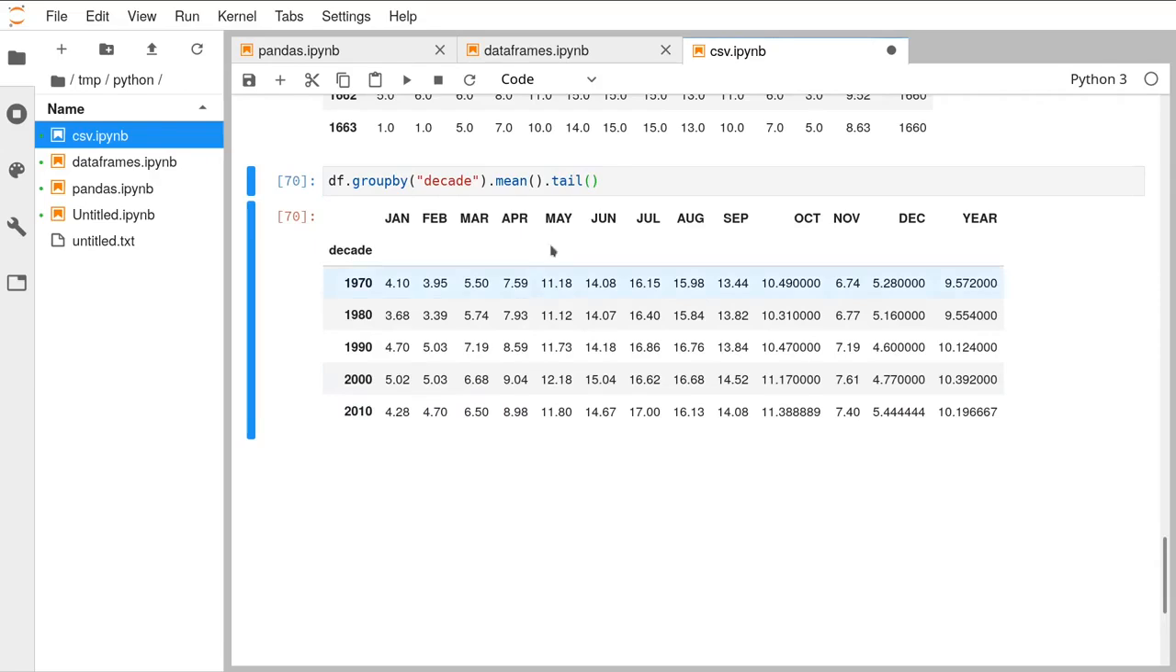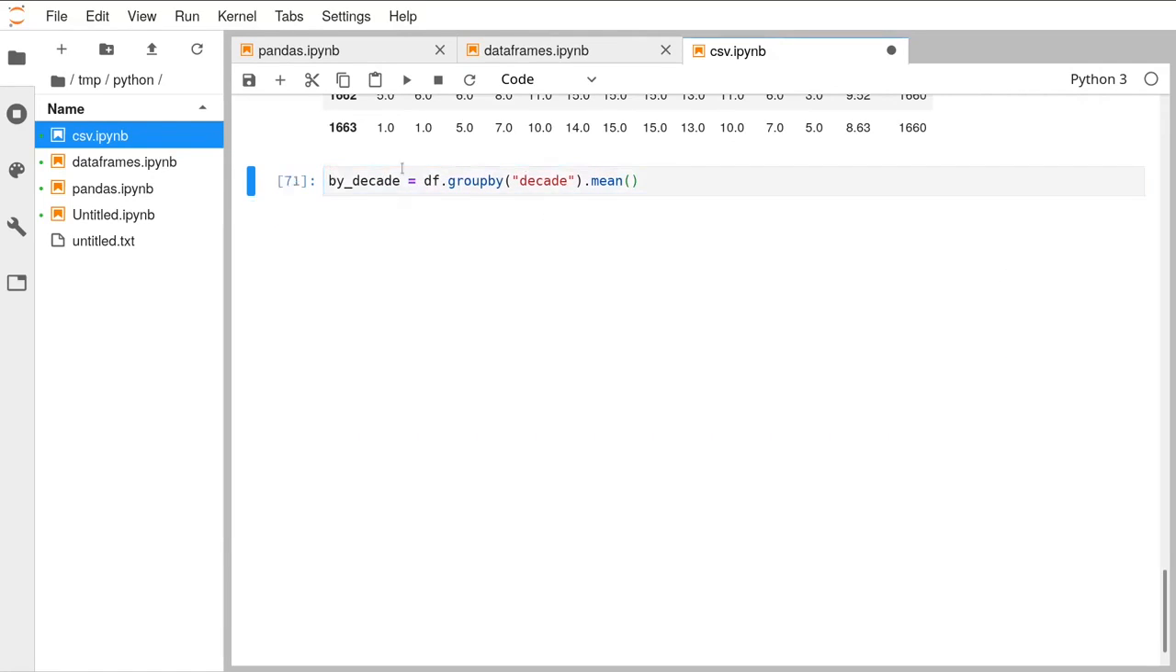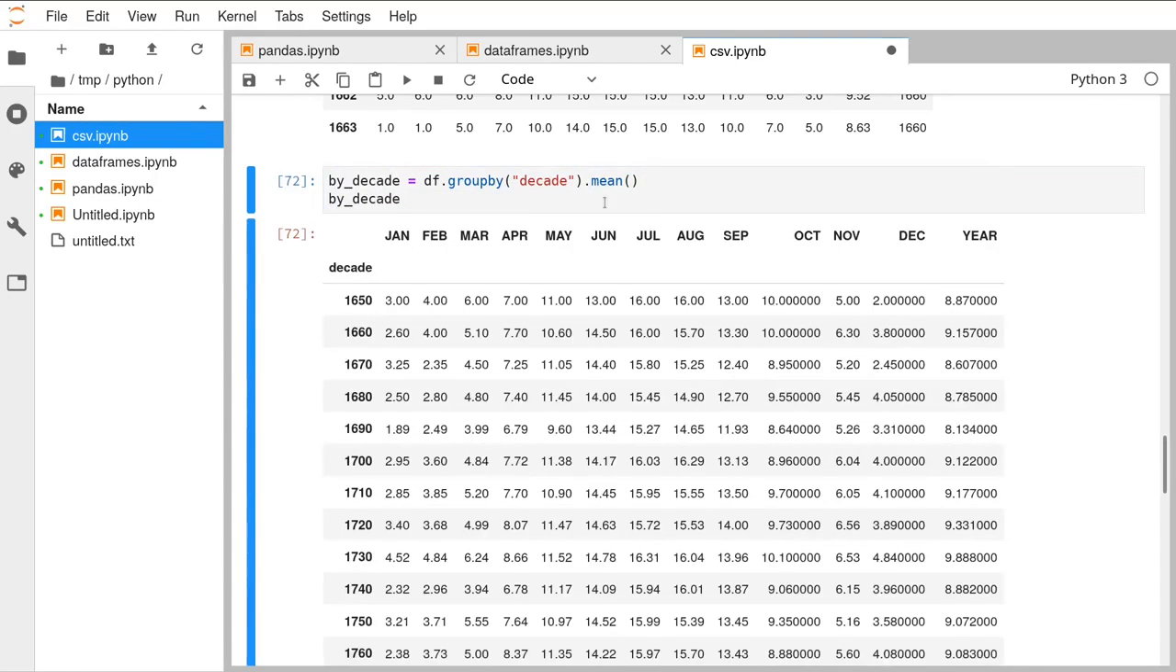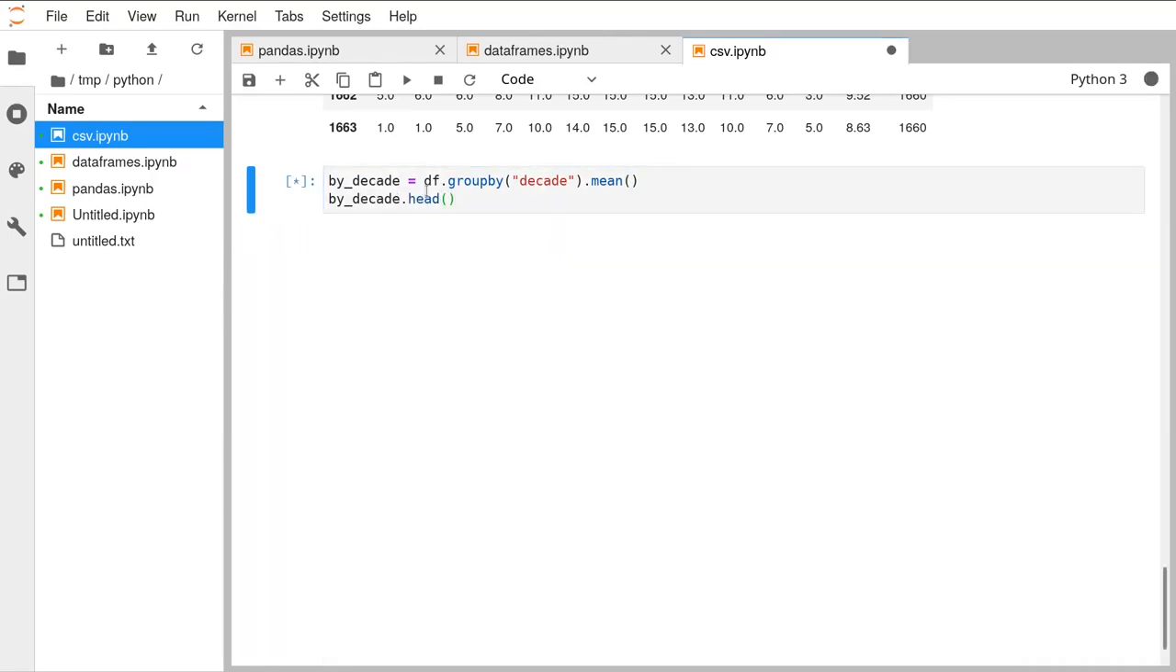So the very last thing we want to do is assign this to give it a variable name. Let's call this by decade. I can never spell decade. So this variable here is that data frame that we just saw, by decade. So if we call dot plot on by decade,